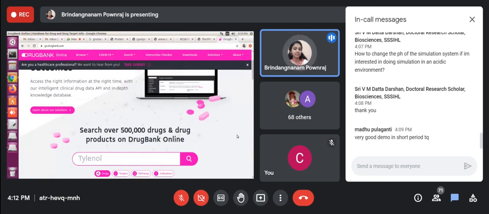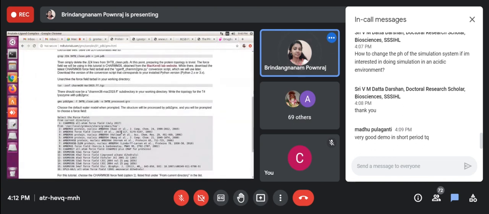So after doing docking, before importing into simulation, first we have to separate protein and ligand. First we have to generate the ITP file, both of them separately. Then from the second command onwards, we have to merge our protein with our prepared PDB file. Then whatever commands we followed, the same way.